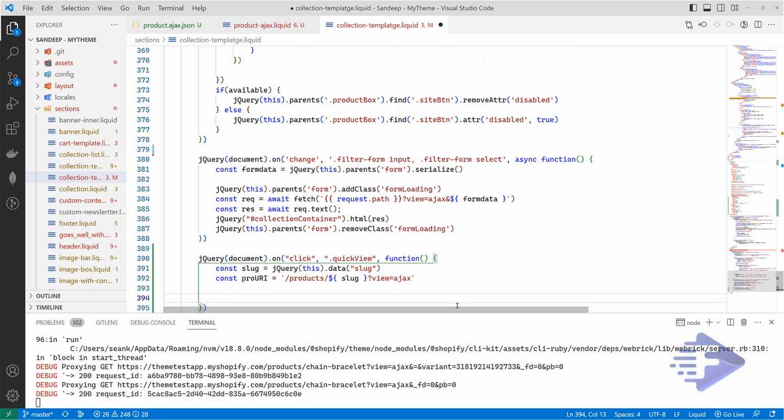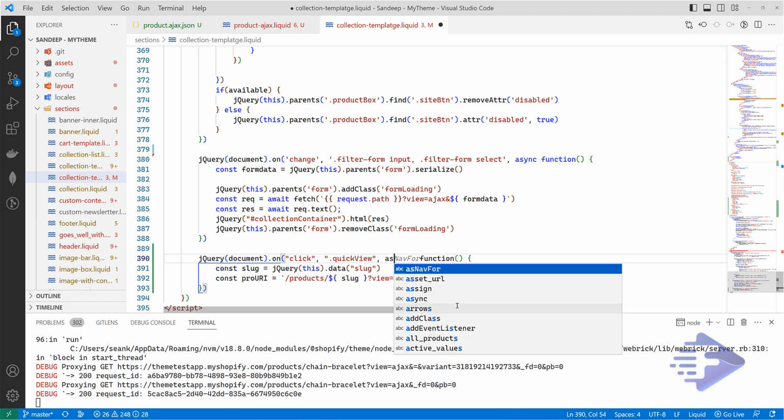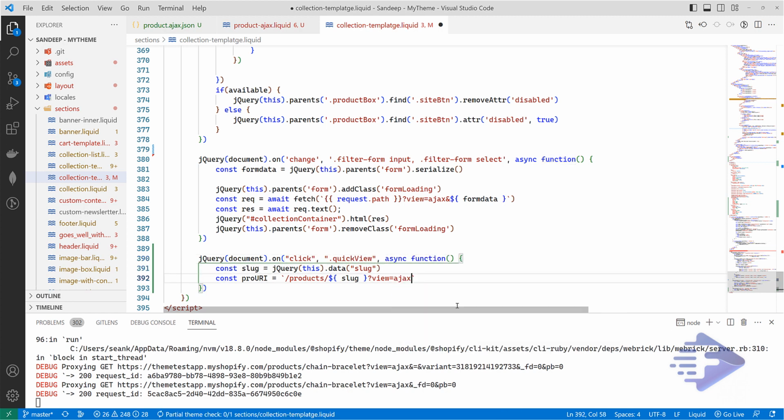Then we have to do one more thing because we are going to use fetch. So for that let's say async over here, let's fetch our view.